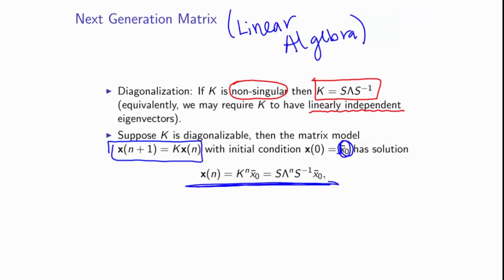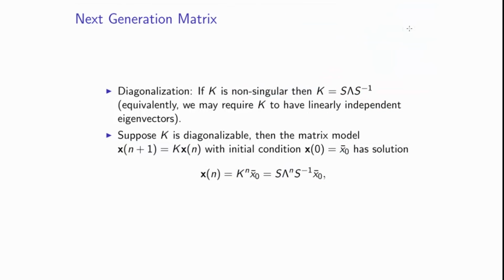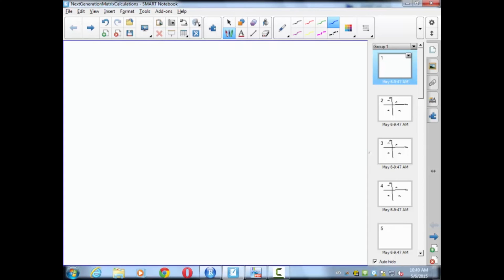Now, if the matrix is diagonalizable, meaning that you can write K as S times lambda times S inverse, then taking the powers of K, which is something we had previously discussed, reduces to simply taking the powers of each of those eigenvalues. Taking the powers of the entire matrix is basically reduced to raising each of the eigenvalues to a power. What we would like to argue is the following.